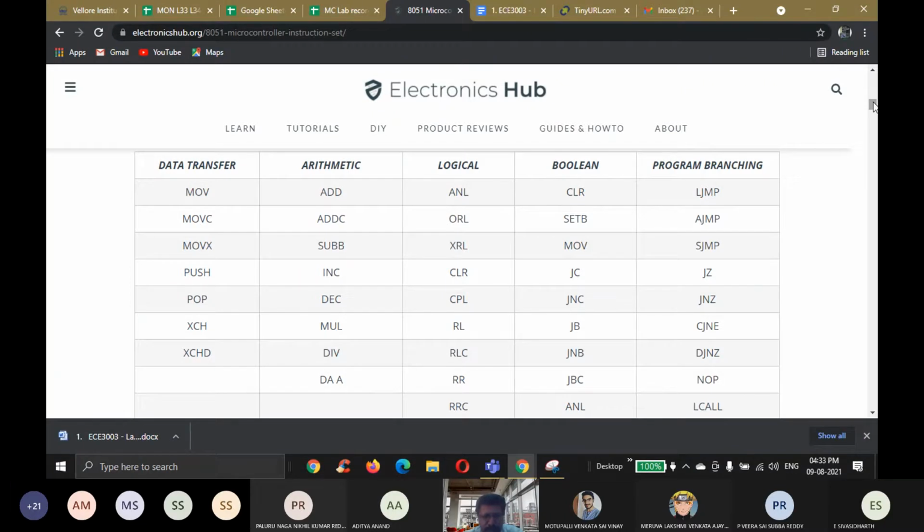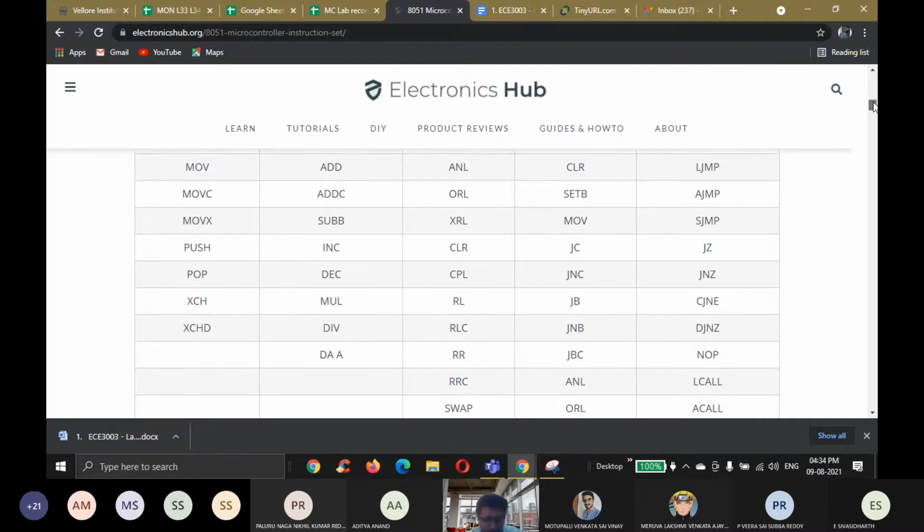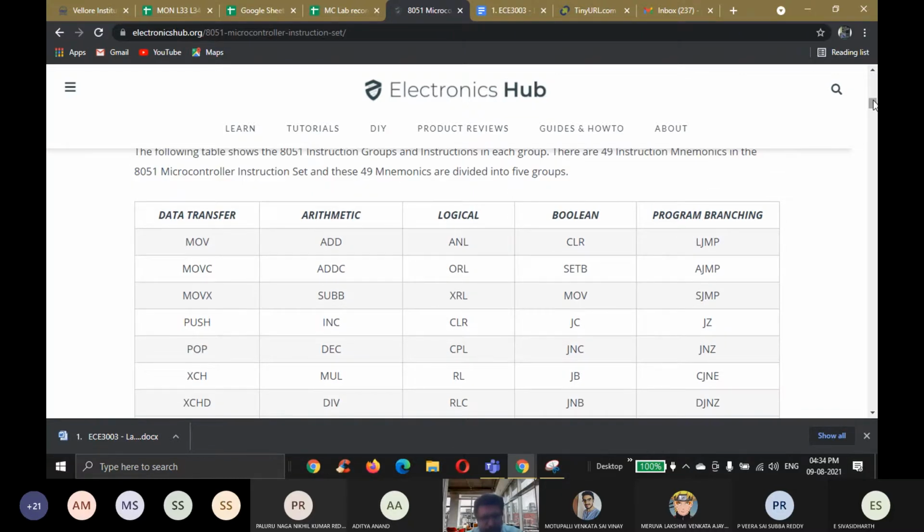So all these instructions which transfer the data in and out of 8051 are called data transfer instructions. The instructions which perform addition, subtraction, incrementation, decrementation, multiplication, division, decimal adjust accumulator, all these come under arithmetic instructions, which perform arithmetic operations.